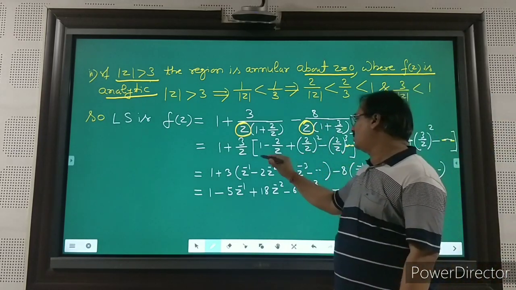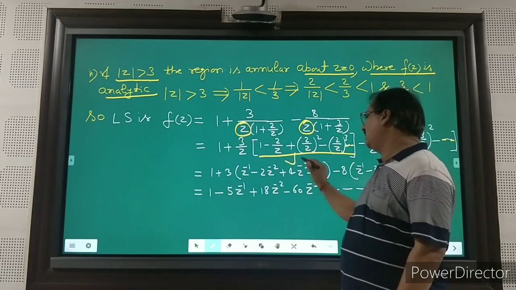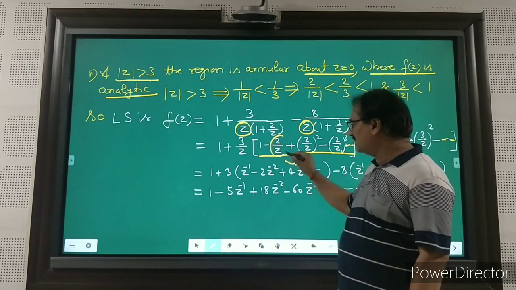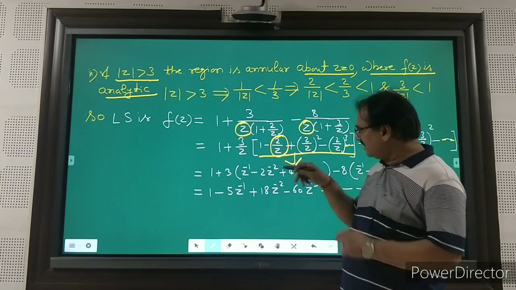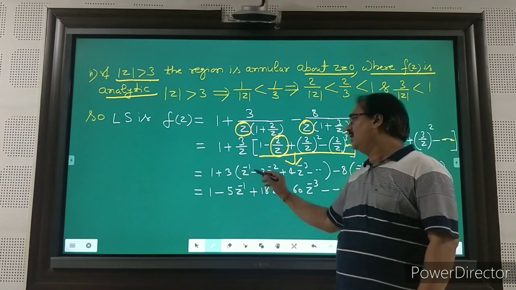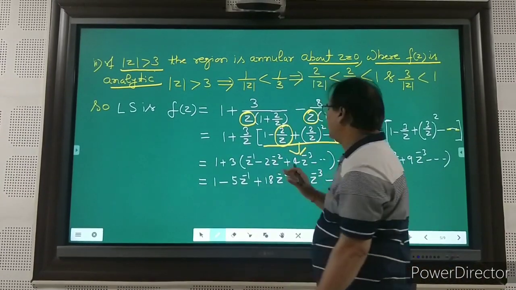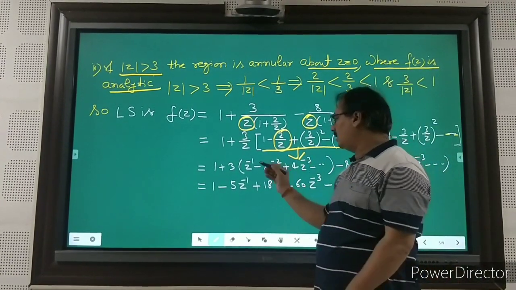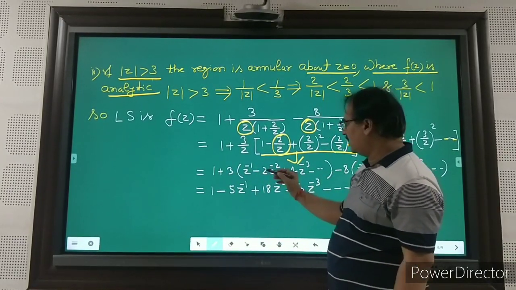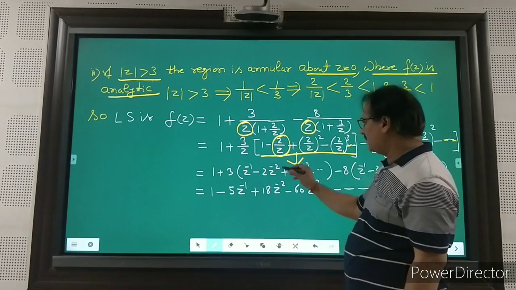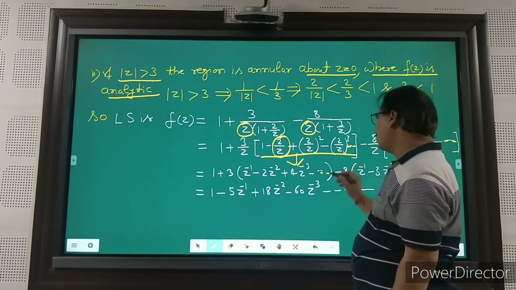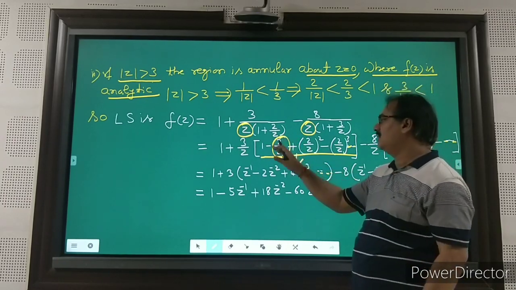Now again you look at the whole thing. This series may be written like this, because again you must mind how to write the answer. The 2 by z means z is in the denominator, then you have to write it as an exponent here. It is easy from this step to simplify this series in this form: z times (1 plus 3 in bracket z power minus 1 minus 2 z power minus 2 plus 4 z power minus 3 and so on). It is important when z is in the denominator.